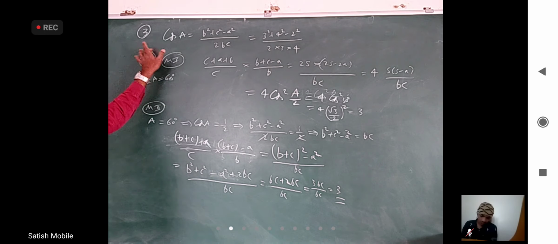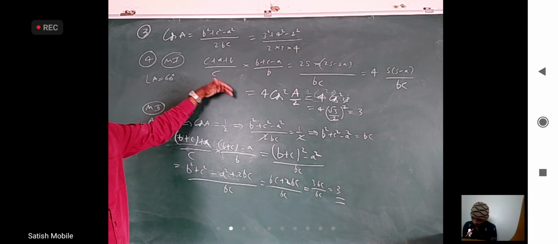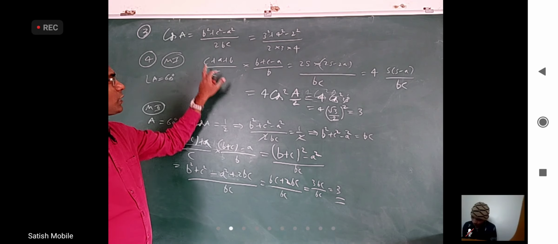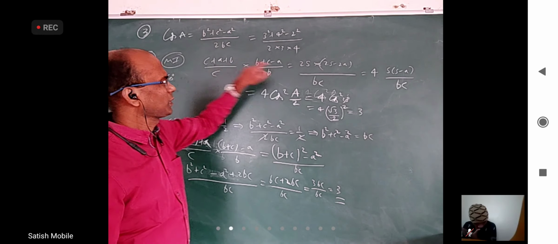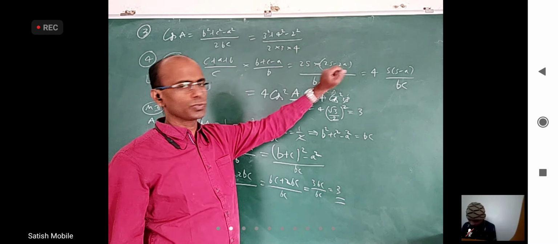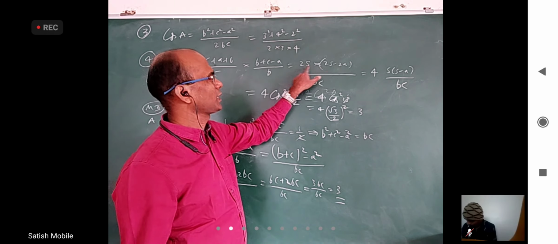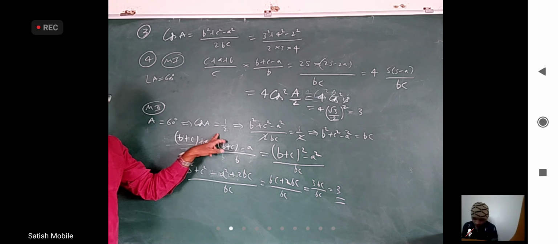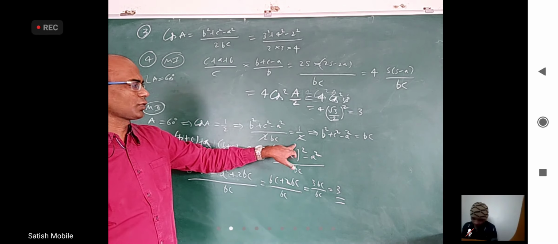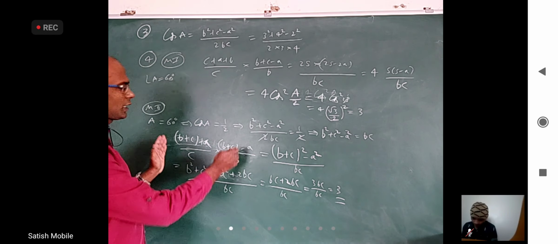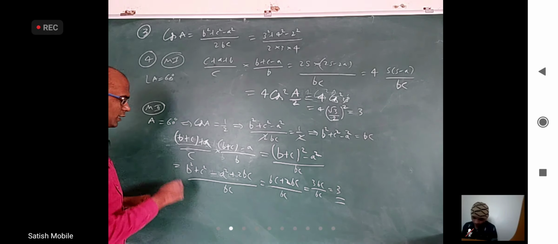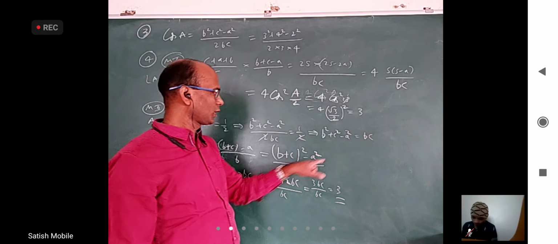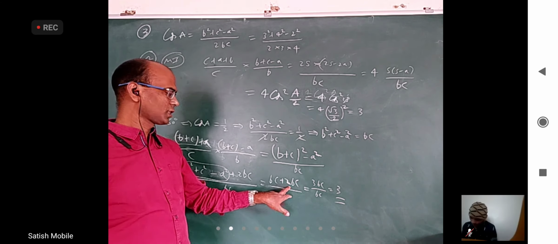So this third question is very easy. Fourth question, you can do by the half angle formula or you can use the cosine rule, whichever way you want. They gave something else, I took the LCM. I got this here. A plus B plus A is 2S. B plus C minus A is 2S minus 2A. And then take 2 common. S into (S - A) by BC is cos square A by 2, and substitute A. Or angle A is 60 means cos A is 1 by 2. Use the cosine rule, cancel whatever you can cancel. Send the denominator that side. Take the given question, expand it. In the numerator, after expansion, you will find B square plus C square minus A square. That can be replaced with BC. BC plus 2BC is 3BC by BC, it will be 3.